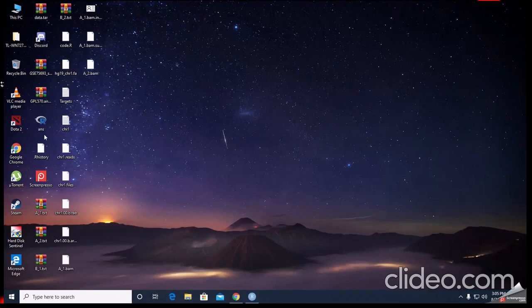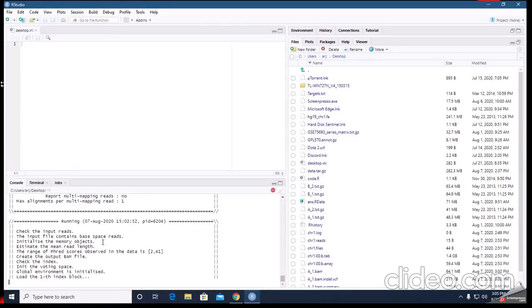Here is A2 BAM. A2.bam is still being created by RStudio.